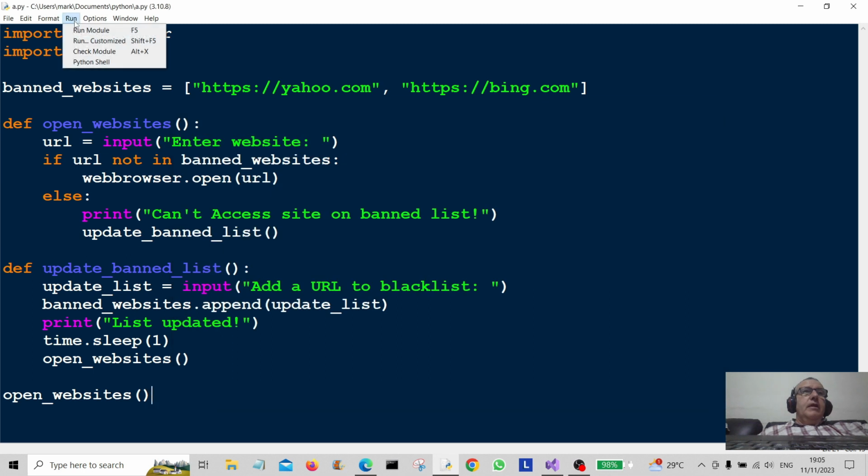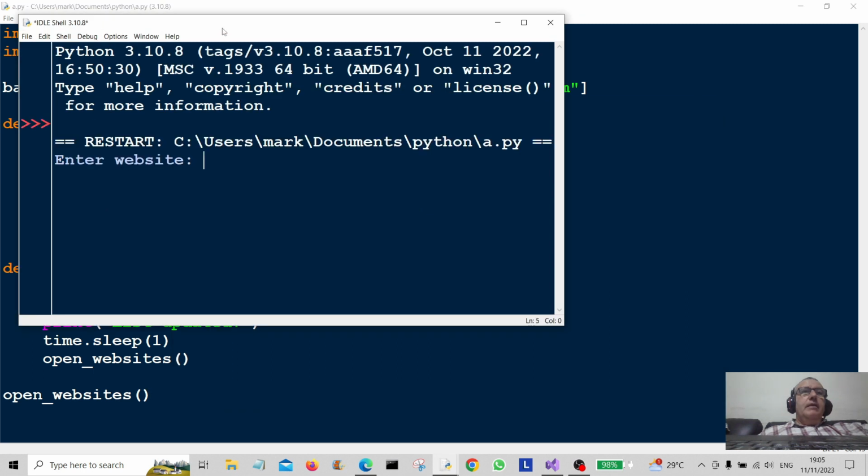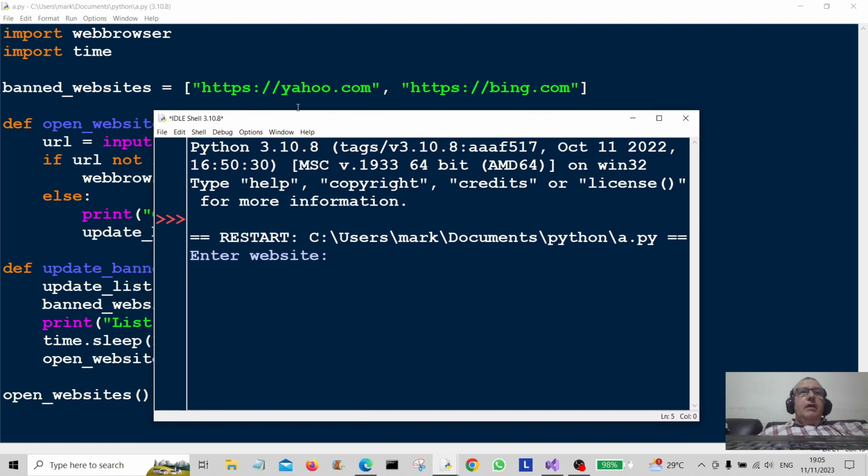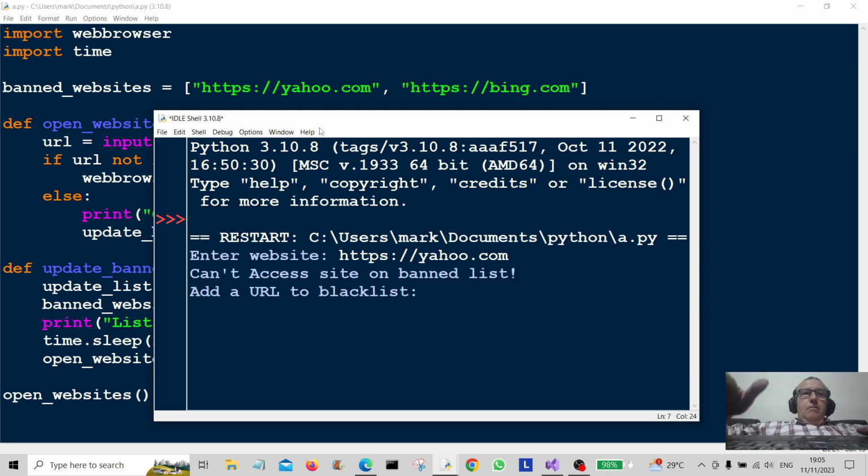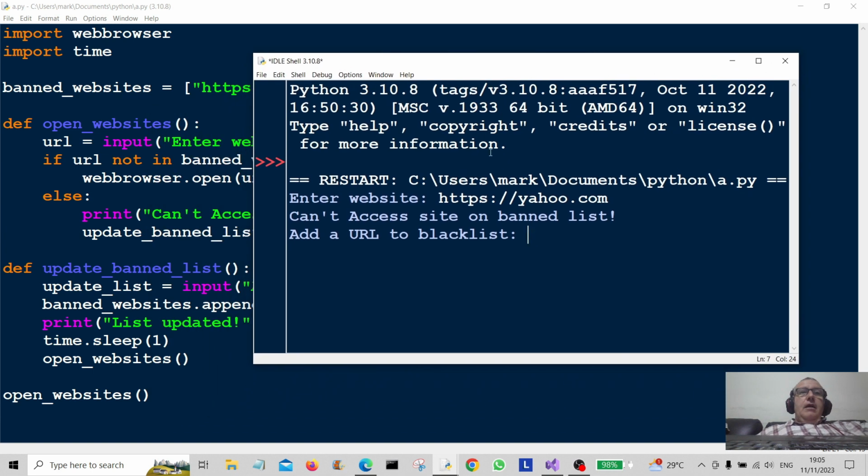Okay, let's run it again. Let's put something that is on the ban list. So yahoo.com is on the ban list, so that's https yahoo.com. Okay, can't access site on the ban list, and then it's given us the option to add something else to